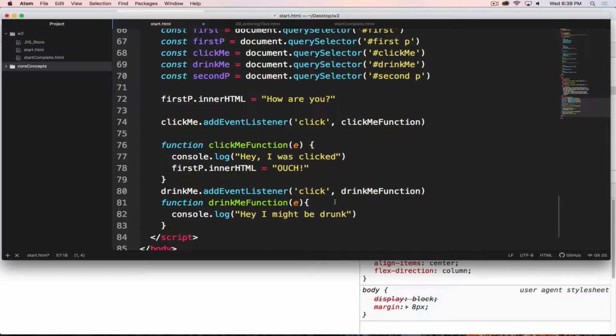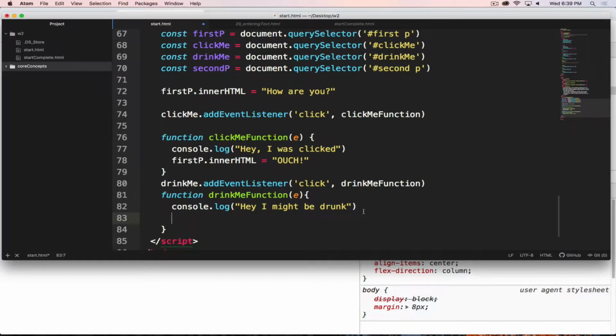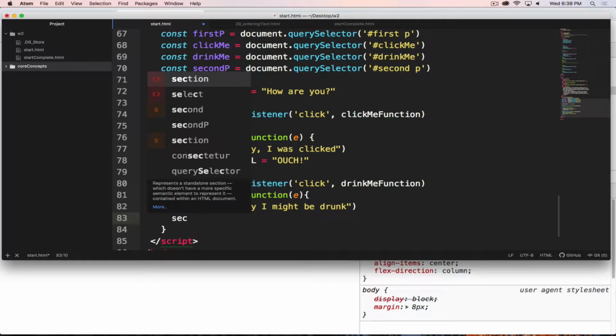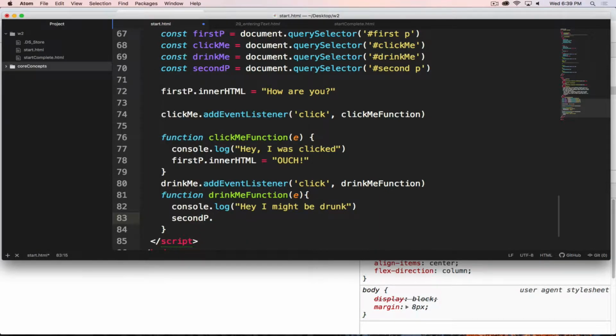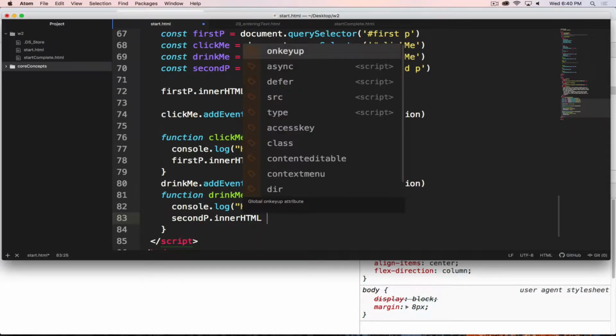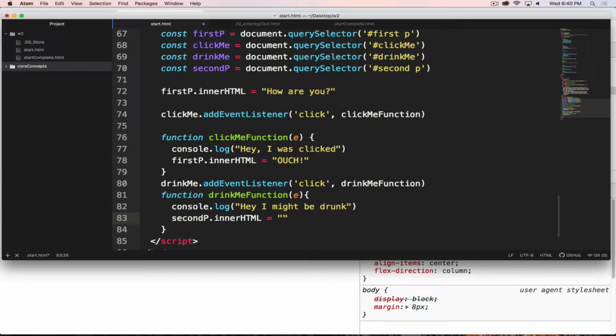Now that we've grabbed that second P, we're going to work with that. And since that happens to exist inside the item with the drink me button, I think then we're going to play around with that one a little bit more. And instead of just logging to the console, it would be way more fun if we could log to our text itself on the page, because most people don't have the console open. So I will grab my second P, and I will change its inner HTML,